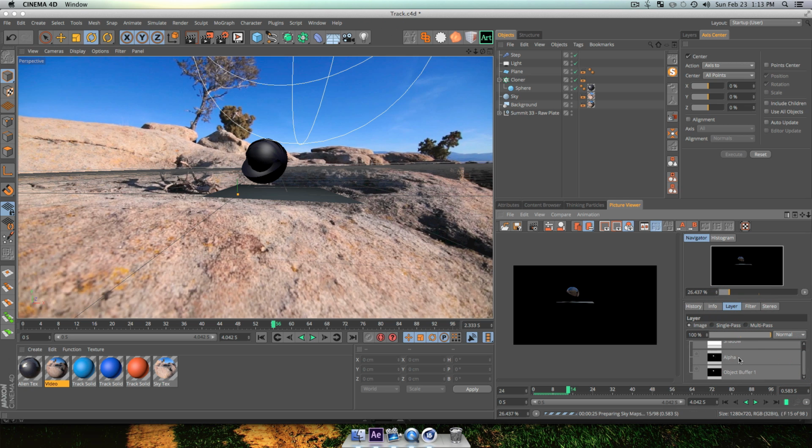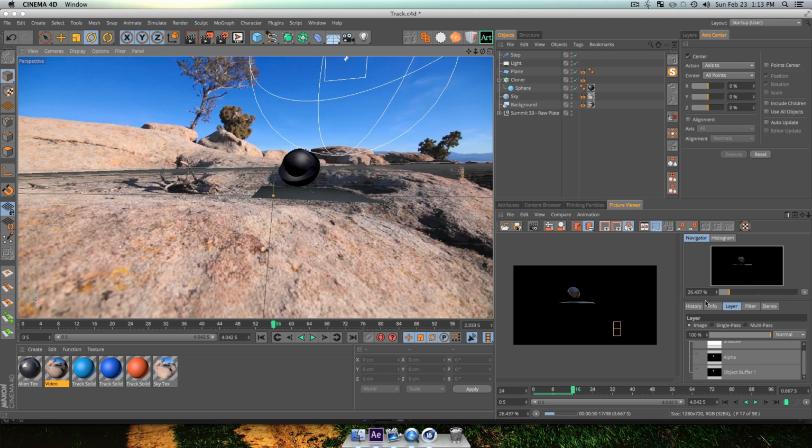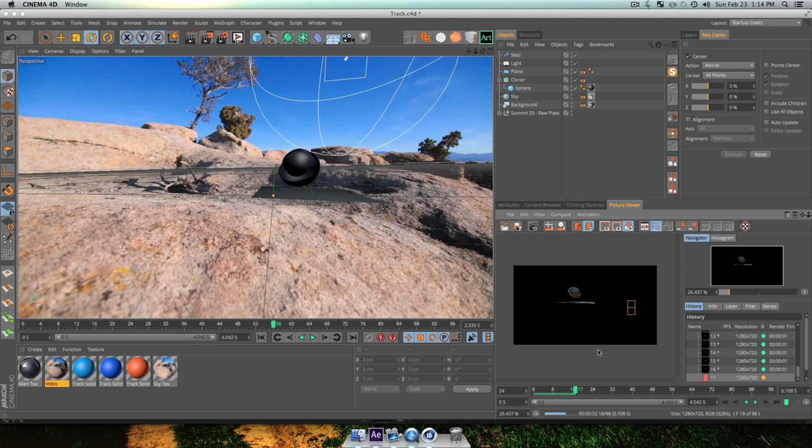So you have your alpha, your buffer, and your shadow, and that'll mean you set up your multipass right. So I'll just go back and let this render out. Additionally, what you're going to want to do is take a look on your desktop, and for your track render,